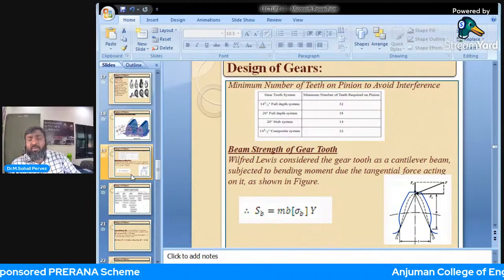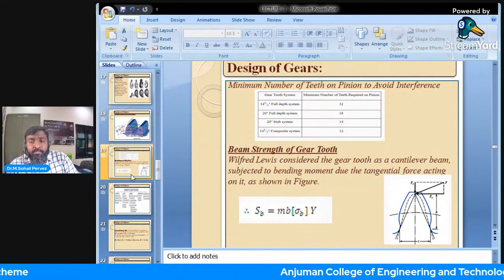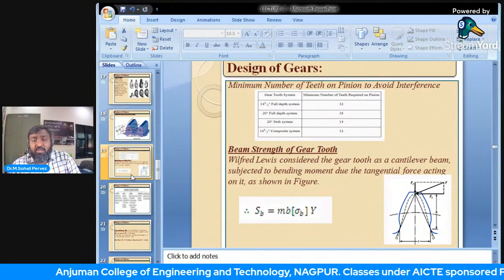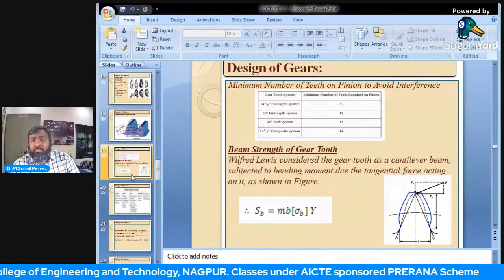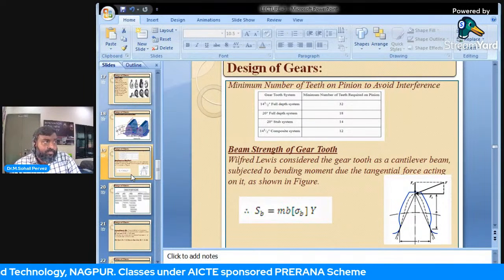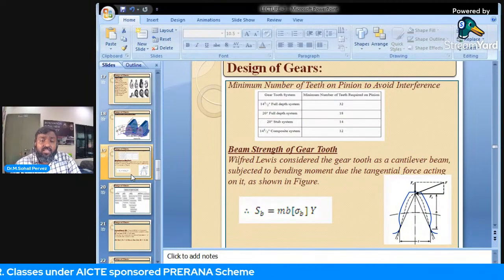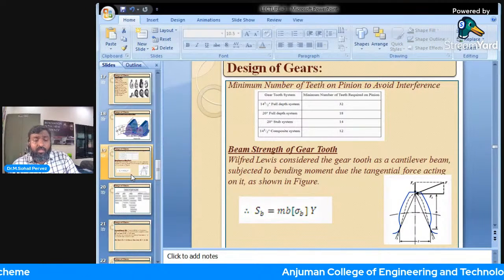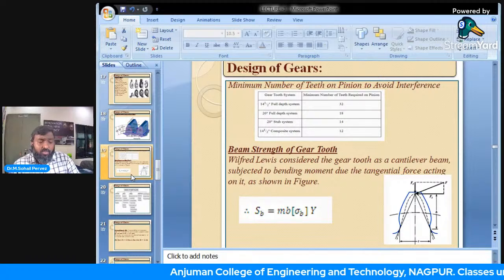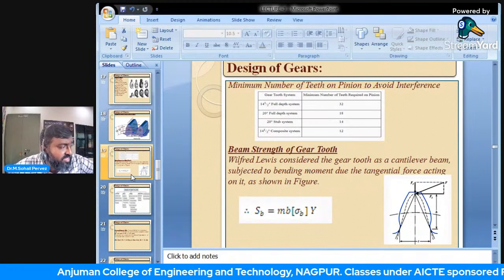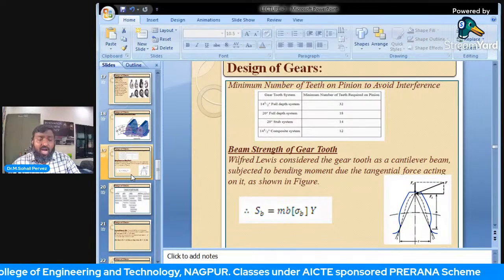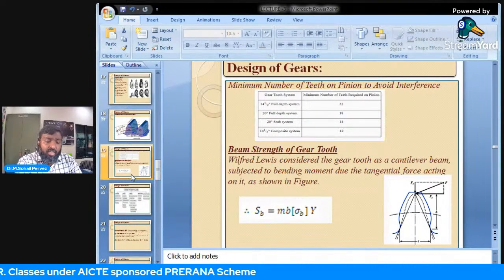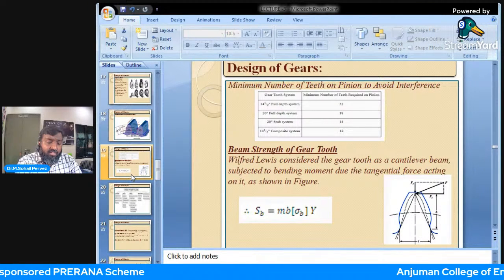Now, minimum number of teeth on pinion to avoid interference. These are the generally advised number of teeth for pinion to avoid interference. Now, when I say interference, what do you mean by meshing of gears first? Please see and try to understand that when we say gear teeth are meshing, it means that the profile